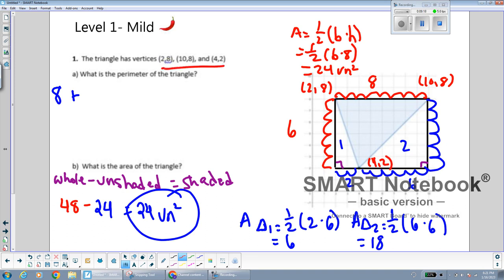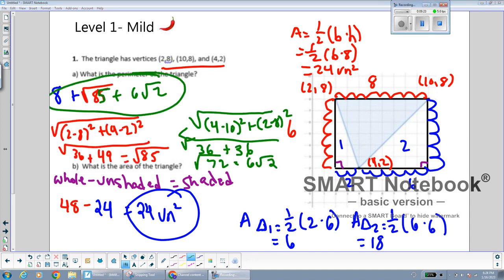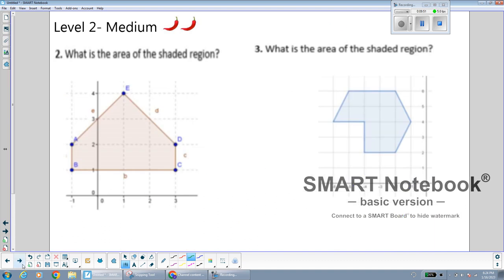Just writing down the points from the question. So let me pause the video and I'm just going to find the length of the sides using the distance formula. And using the distance formula, I calculated the lengths of the two other sides of the triangle. The side over here was radical 85, and the side over here was radical 72, which simplified to 6 radical 2. If your radicals don't have the same number under the radical, you can't add them. They're not like terms. So my perimeter of the triangle would be 8 plus radical 85 plus 6 radical 2. Okay,